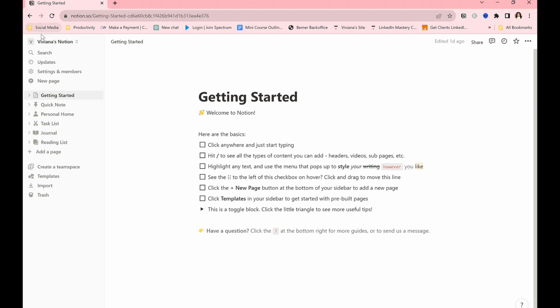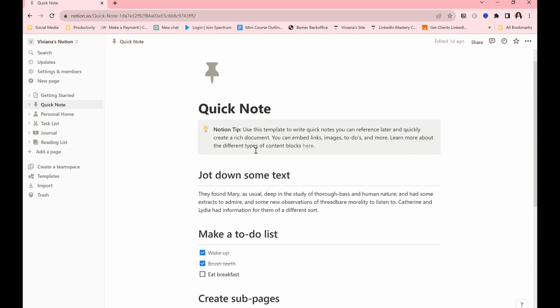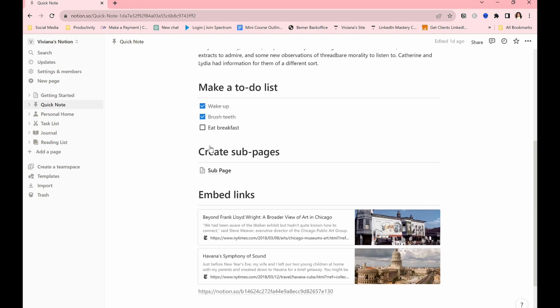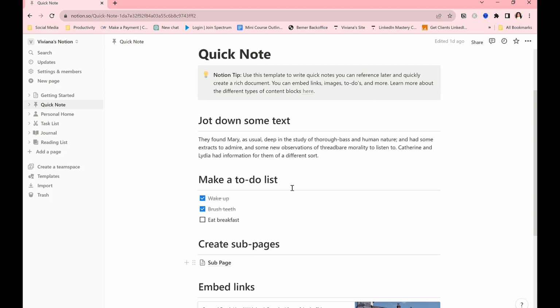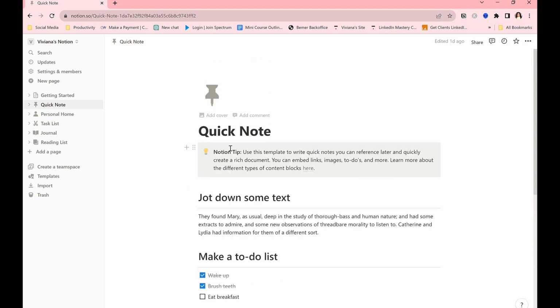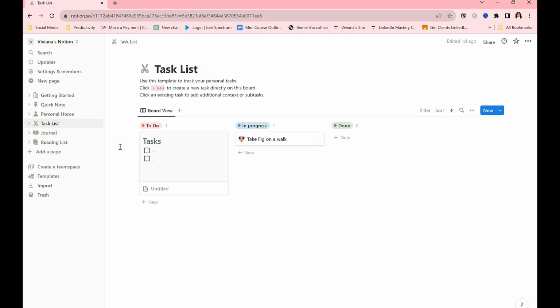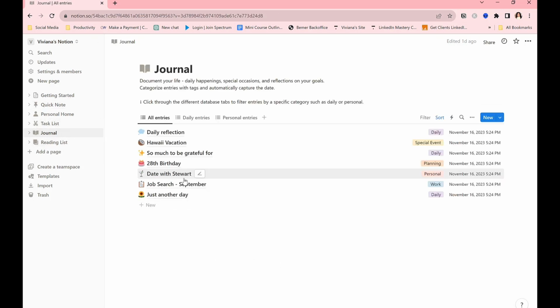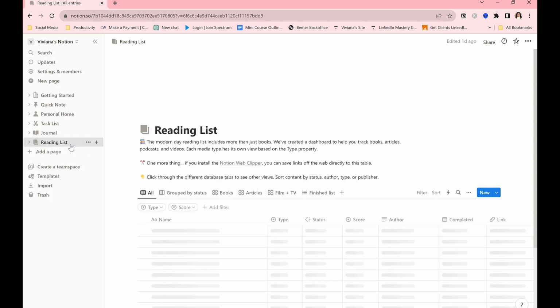So as I said, this is a new Notion account, just so I can show you how this looks. Once you go over the menu, you're going to see there are preloaded pages already, and they give you instructions on how to embed links, how to make a to-do list, things like that. So they're very resourceful, very useful. So if you want to take a look at them one by one,